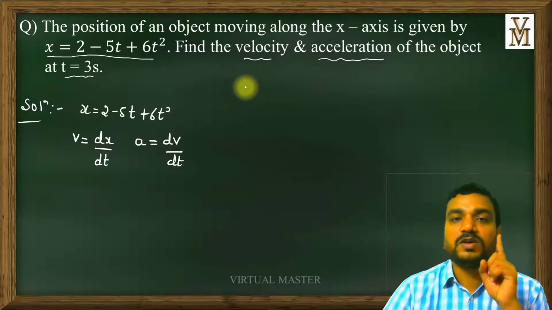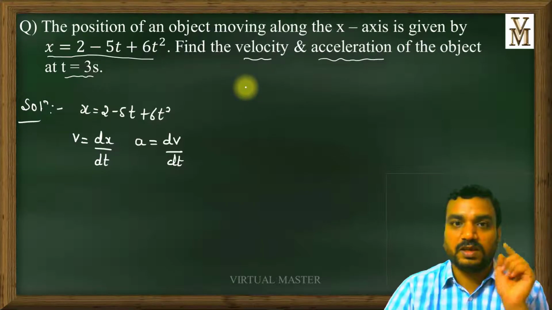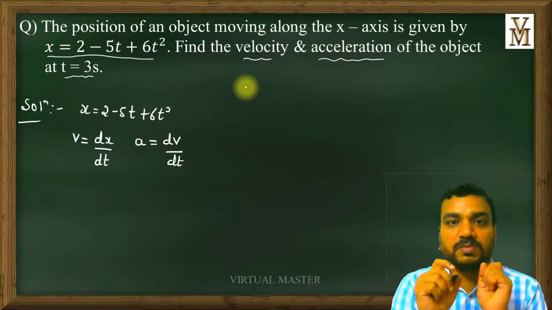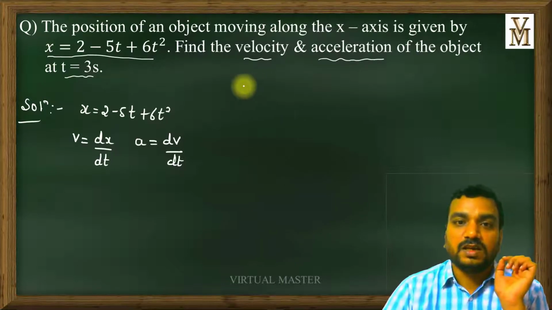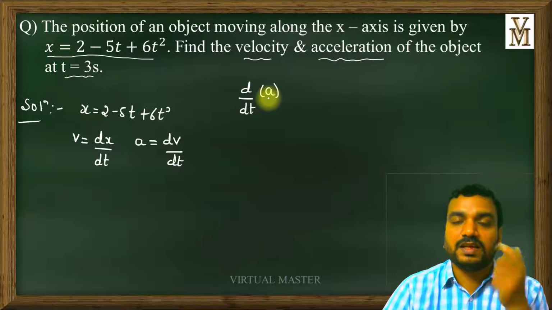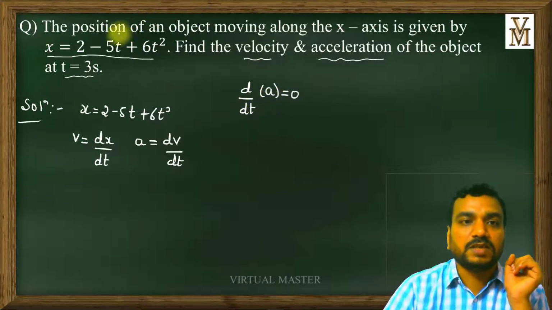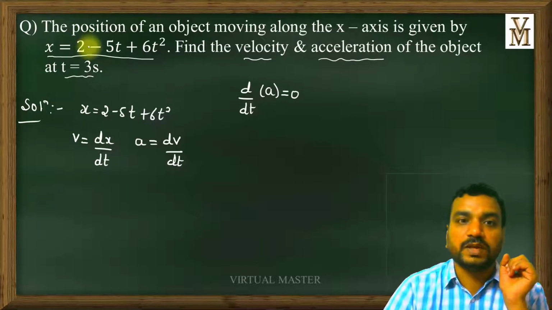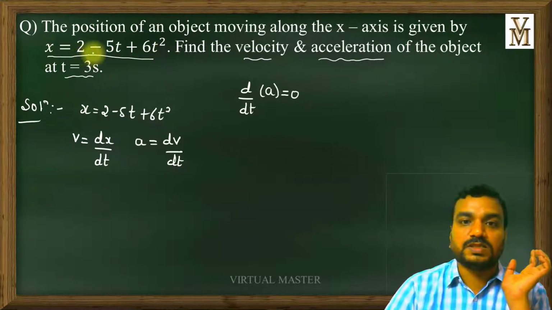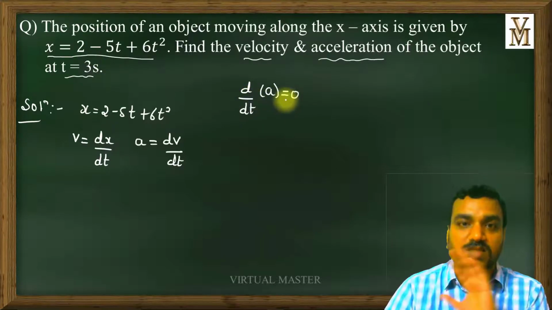First you have to remember that the differentiation of a constant is equal to 0. Assume that I am differentiating a constant with respect to t, and the constant here is a. It can be anything other than a. Assume that a is a constant, and the differentiation of a constant will be equal to 0. In our equation, 2 is a constant. Here there is no variable t, right? So if we differentiate 2 with respect to t, you are going to get the answer 0.